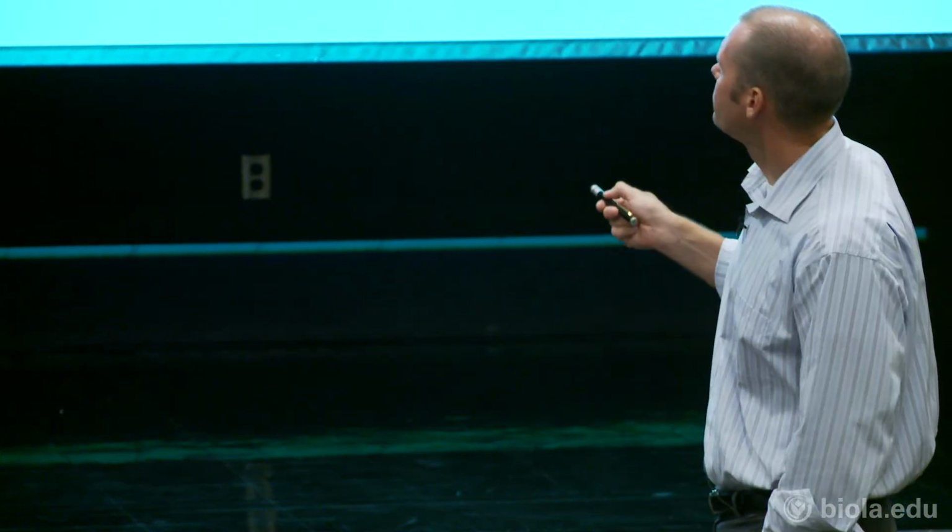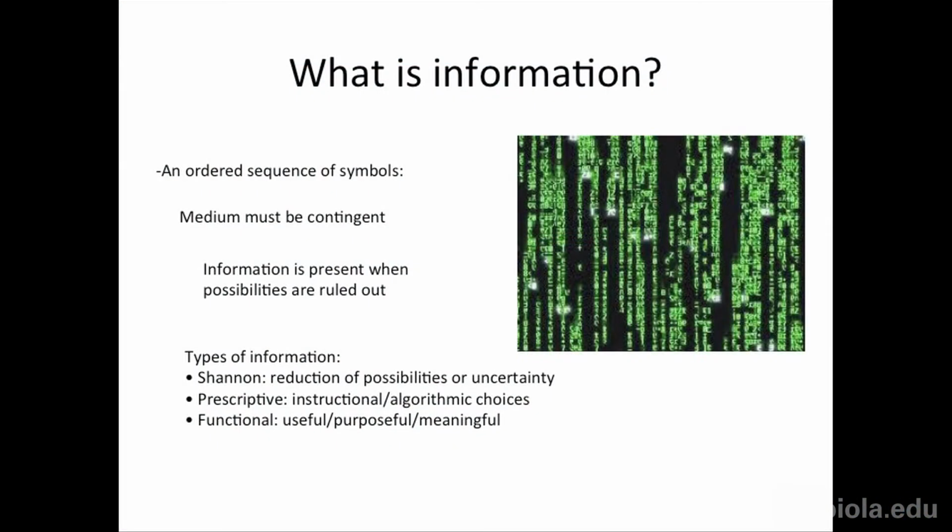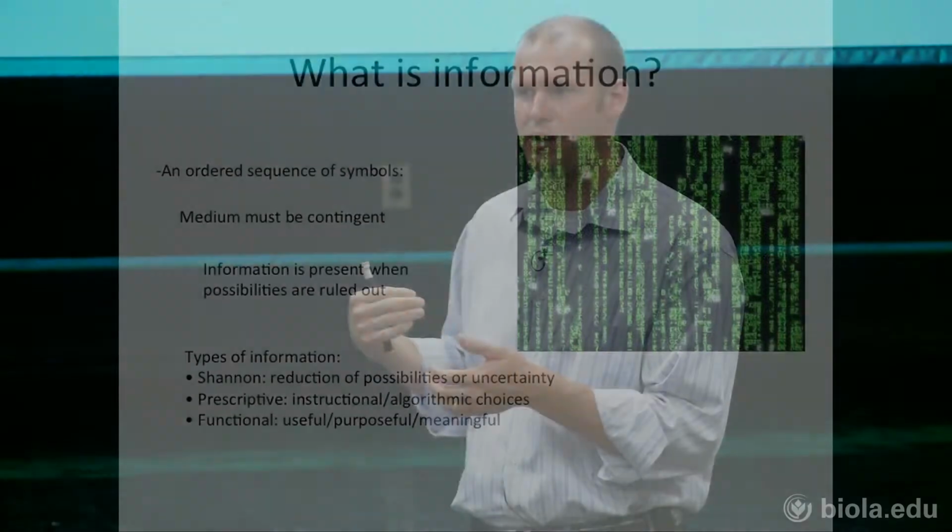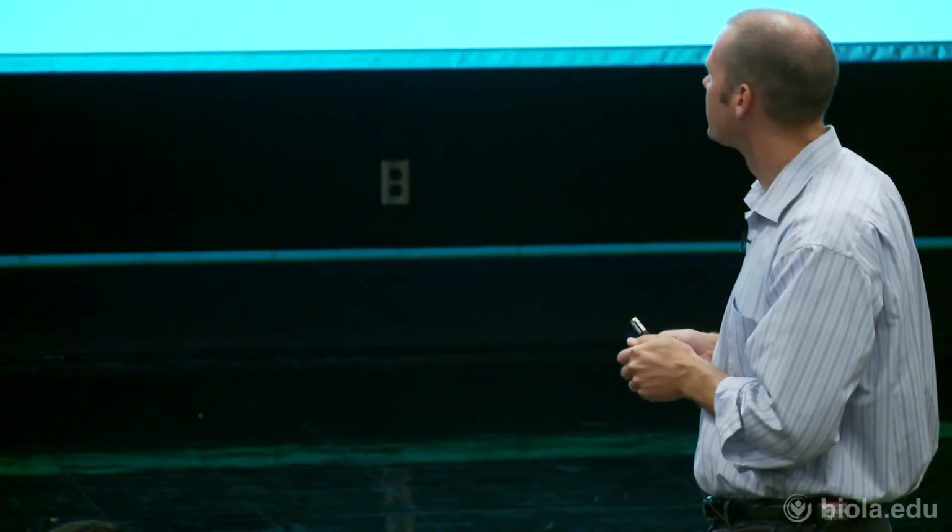And then we say information is present in a medium when possibilities are ruled out, right? If I've taken up some space in the stone and written down a hieroglyphic, I have eliminated the ability to write other things. So I've put some information there. I've just changed it in an exclusive way. So there's actually several types of information, and I'm just going to walk through a couple of these because they become significant when we try to talk about whether natural processes can make any type of information.